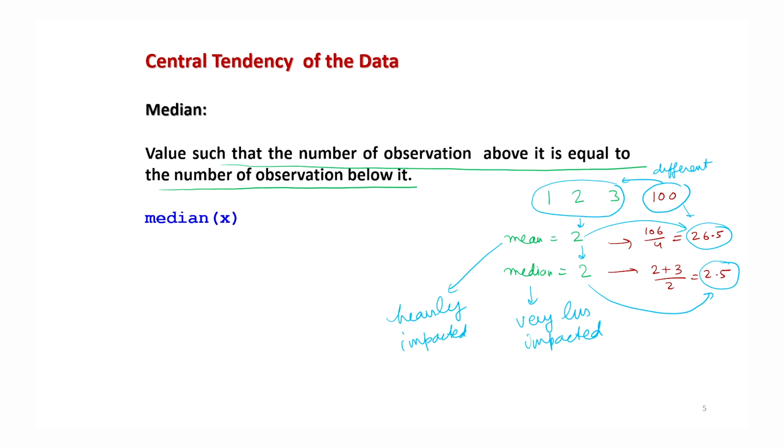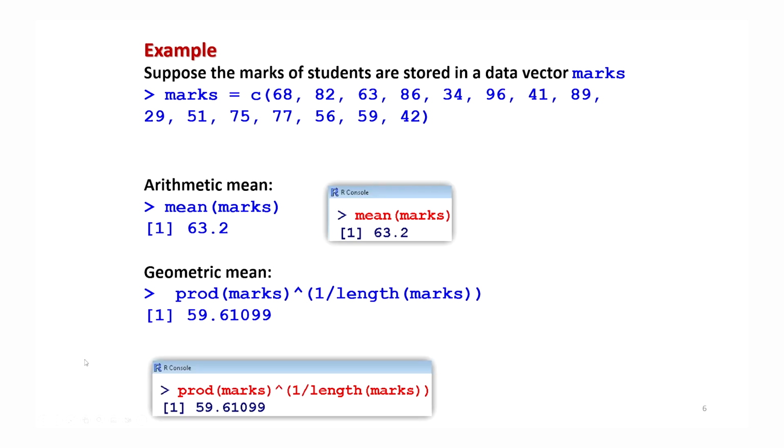Right. So there are many situations where you would like to use the median to be on the safe side, if you feel that there are some extreme observations which are not very useful, in the sense that they are not indicating that they can be part of the process. In such cases, we want to find out the median, and this median is defined as MEDIAN inside the parenthesis x, and if you do it in the R software, it will give you the value of the median.